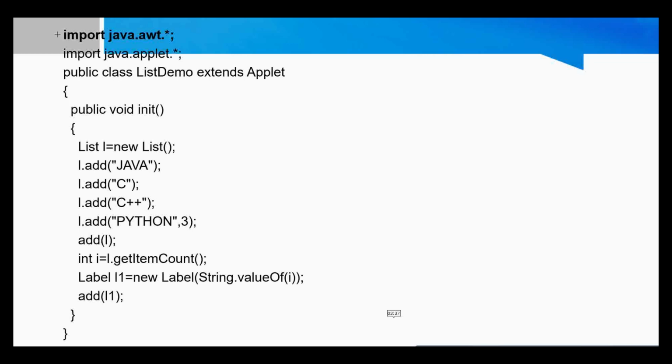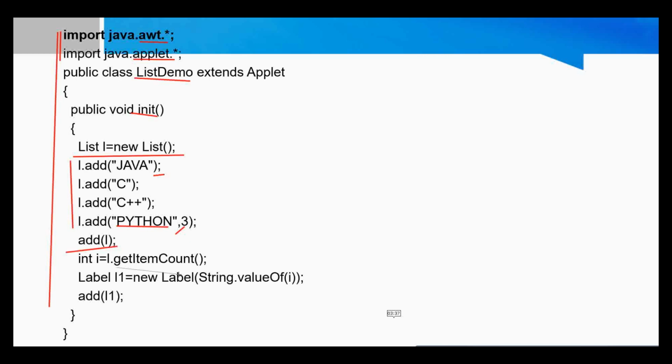Here we are. This is a demonstration program for list control, in which we will create a list with an applet. These are the import lines, in which first the AWT package is used for list control and second the applet package is used for the applet class. Here this is our class name, which extends the applet class. In the init method we will add components to the applet. In this line we created a list object which is L. Here we add 4 items in the list which are Java, C, C++ and Python. Here the Python item is added in the list manually at location 3. Here we add the list to the applet.